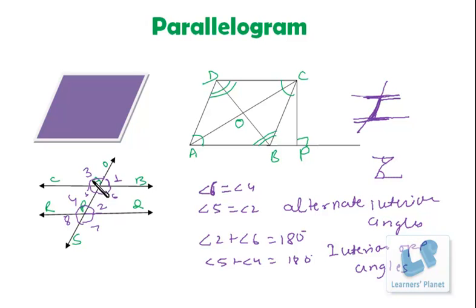One more pair is there, angle 1 plus angle 3, that is 180 degree, because this is a linear pair. Angle 1 plus angle 6 will also be 180 degree, that is for the linear pair, because they are the angles formed on a single line. Okay, so this will also be 180 degree. And angle 1 is equal to angle 5. This is linear pair, and angle 1 is equal to angle 5, that is vertically